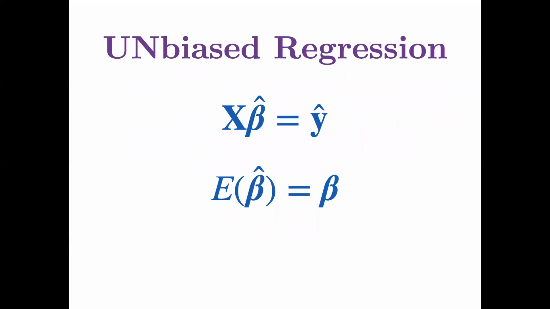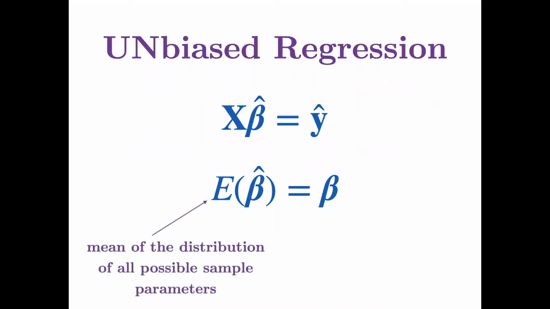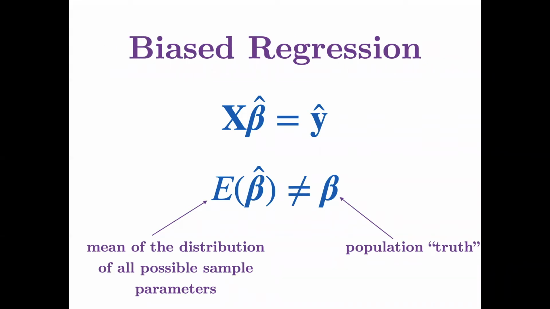Now, when we talk about this type of bias in regression, you may recall a regression is unbiased because the expected value of our parameter estimate is the population truth. So what I have on the left here is the mean of the distribution of all possible sample parameters that we expect to be the population truth. Now, in a biased regression, this is not true. And it's not true on purpose. Let me try to motivate why we might